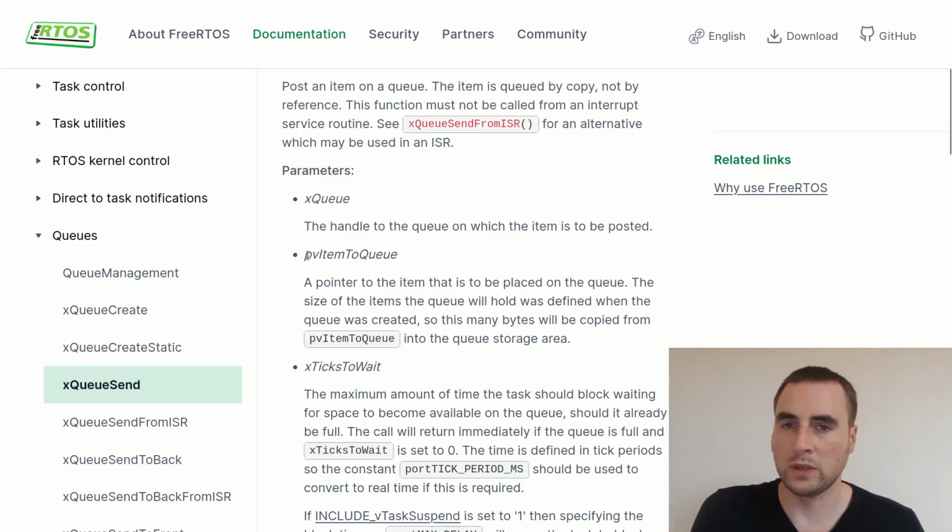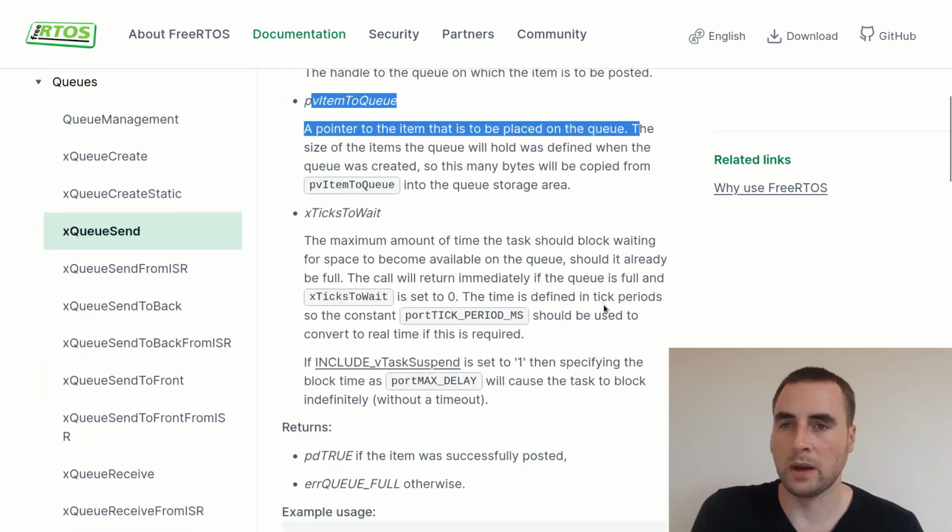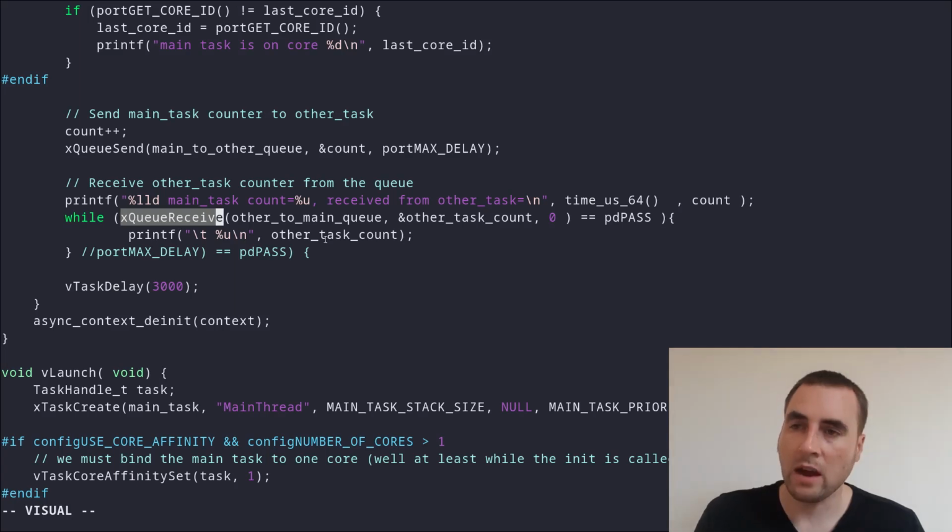We have a pointer to the item to be placed on the queue. Then we have the number of ticks to wait, the maximum amount of time the task should block wait for space to become available on the queue. Then I am reading the queue associated with this task to see if the other task has sent an item